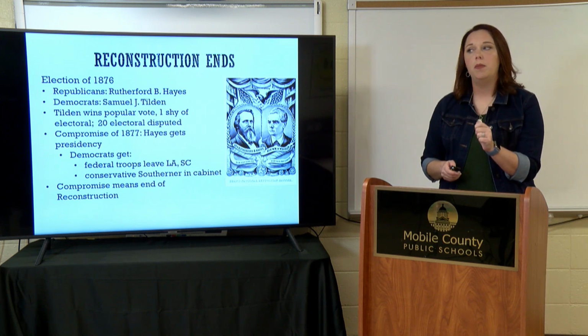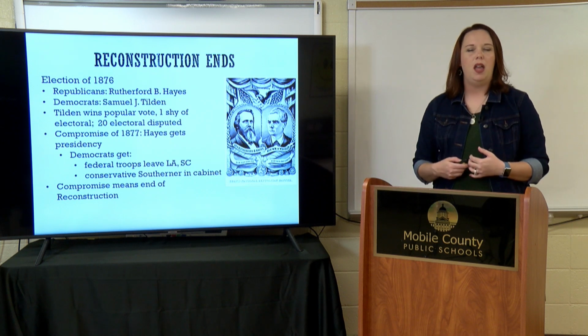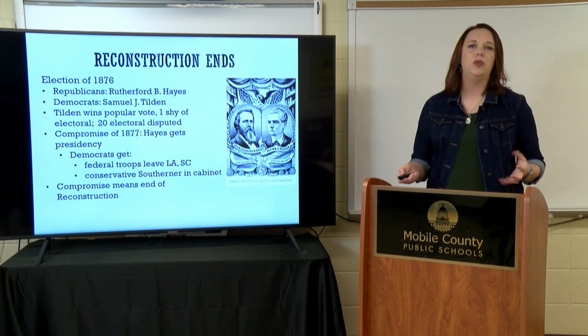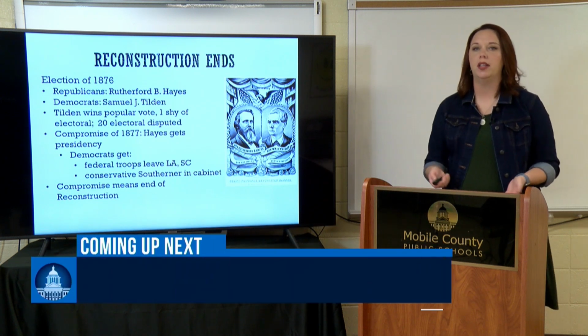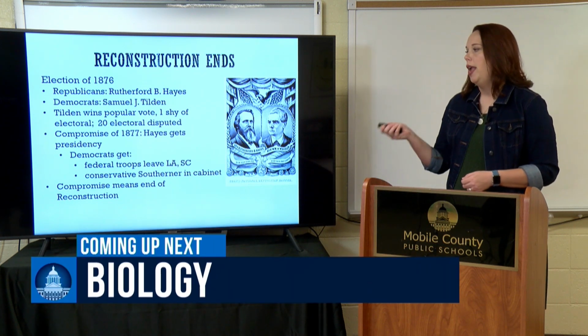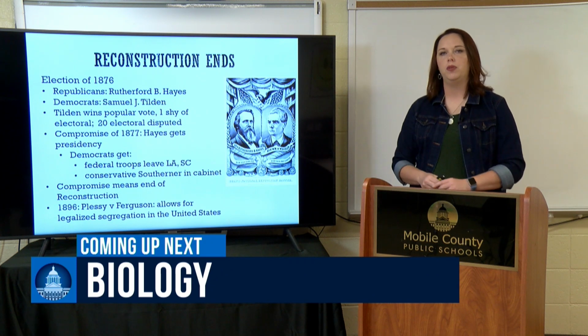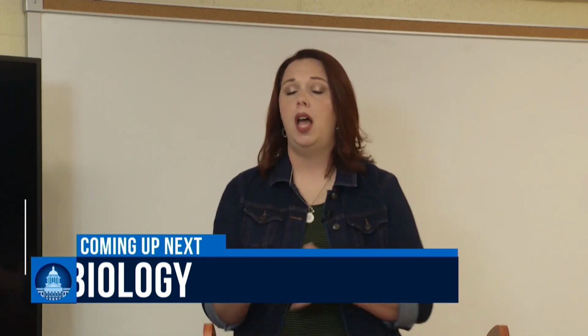Excuse me, guys. The big thing to remember about all of this is that the collapse of Reconstruction is what's going to lead to a lot of loss of freedoms for many of the African Americans that had been gained during Reconstruction. And that's the last thing that I want to hit about Reconstruction before we move into industrialization, which is to talk about a court case that happens about 20 years after the end of Reconstruction, and that's a court case called Plessy versus Ferguson. Homer Plessy was a gentleman who lived in Covington, Louisiana, and he wanted to take a train from Covington, Louisiana to New Orleans. Covington is across Lake Pontchartrain, so you take the train to the city of New Orleans. And back then, that was the quickest route to get to the city of New Orleans.